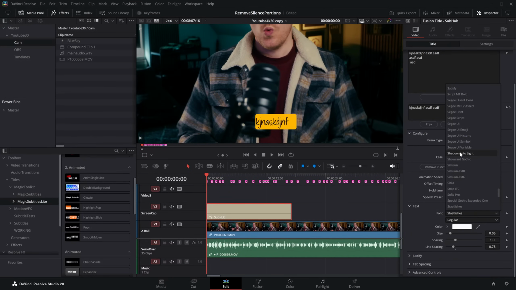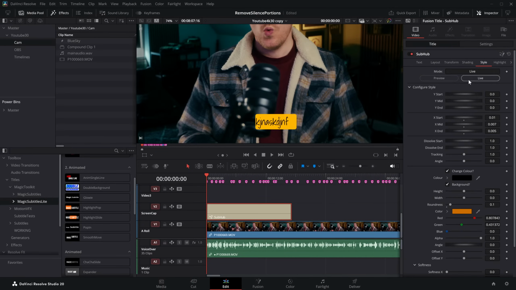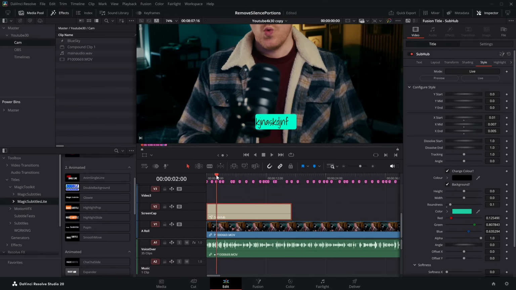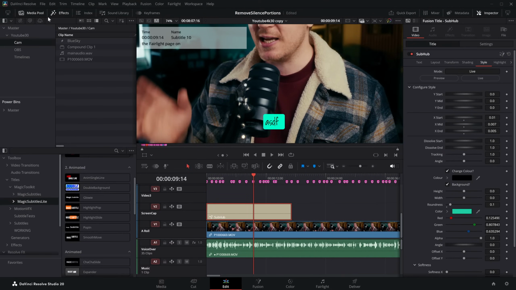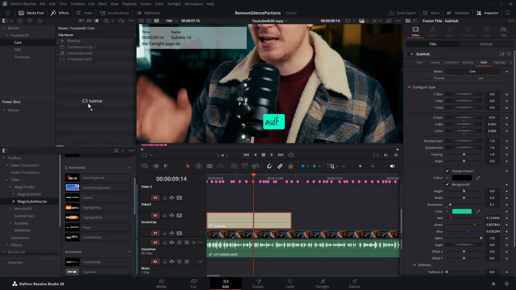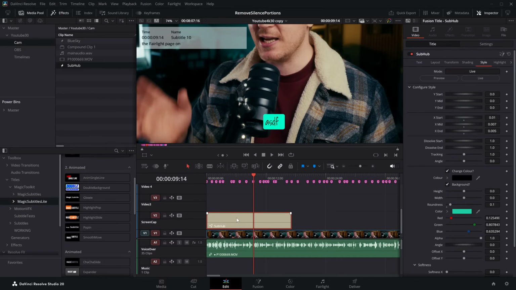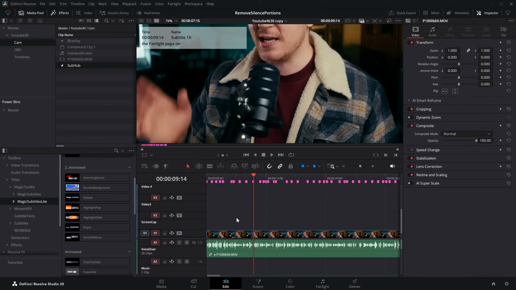So let's say I want a different font. And I'm working with a brand and they don't like this orange. So they want sort of a greenish. Whatever. You tweak it as you like. Then what you want to do is put this in your media pool. So you build a little template and then drop it into your media pool. Why would we do this, MrAlexTech? Well,